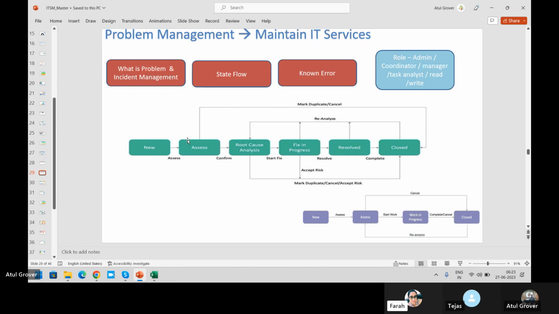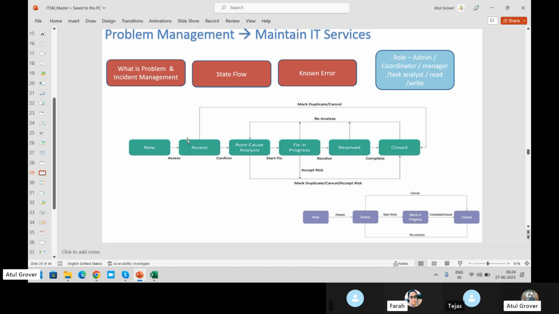It's recommended for all customers to follow the steps, as this is as per ITIL as well. From the ITIL perspective, yes. If your customer is not using it, there is another part.